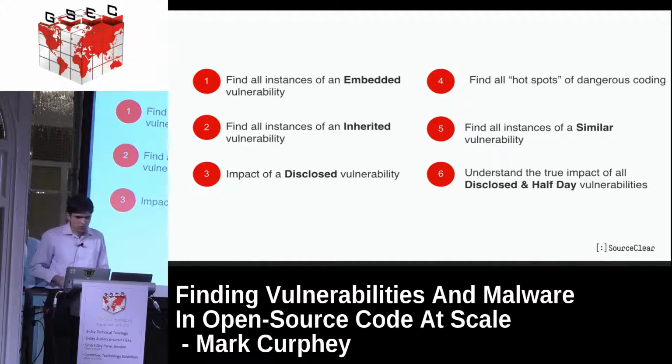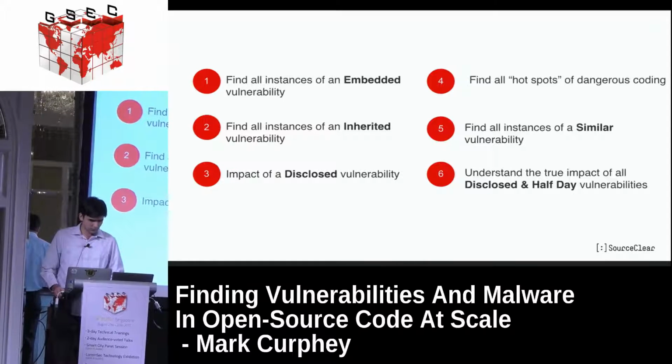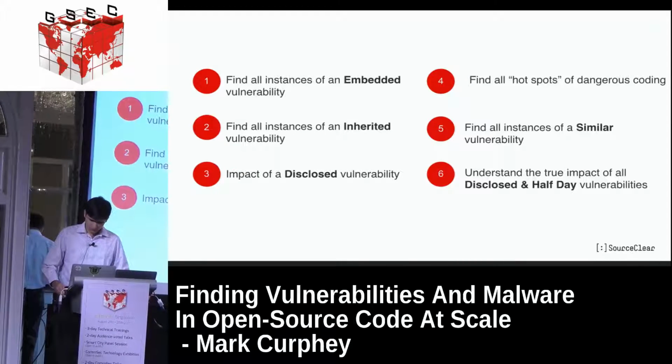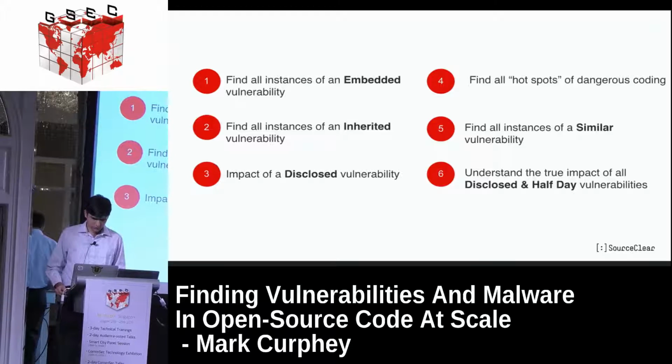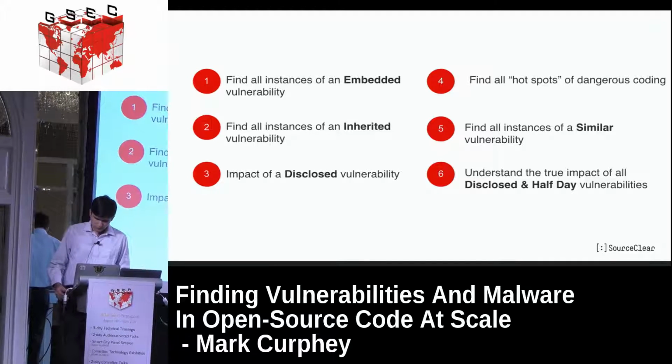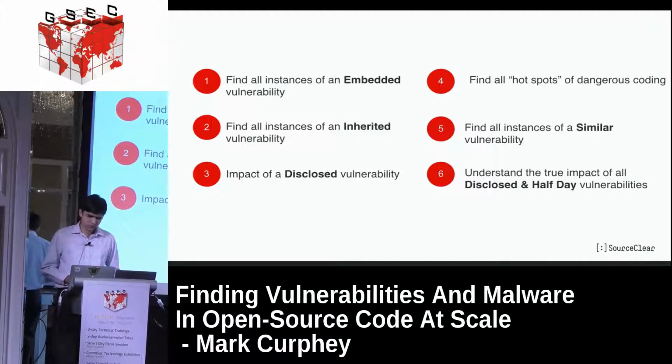Then we'll get some queries which show some numbers, which is like the impact of a disclosed vulnerability. So if you come in and say, hey, this particular version of a library is vulnerable, what are all the other libraries in the entire Java ecosystem that depend on that version? So you can take a look at that and see the real impact of a particular vulnerability. And the reason why that's important is when Heartbleed first came out, it was basically a low-risk vulnerability. No one realized quite how much it was impacted. But now what you can do for the first time with, like, the Apache Commons serialization is you can actually realize all of the other things that are actually using that, and therefore what the impact is going to be.